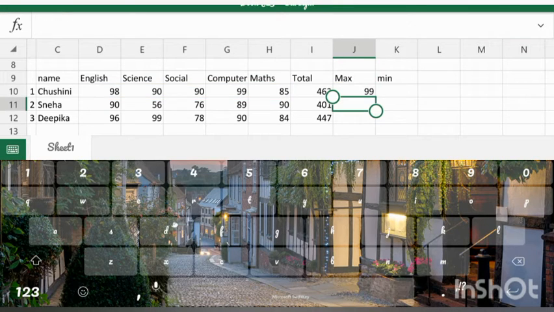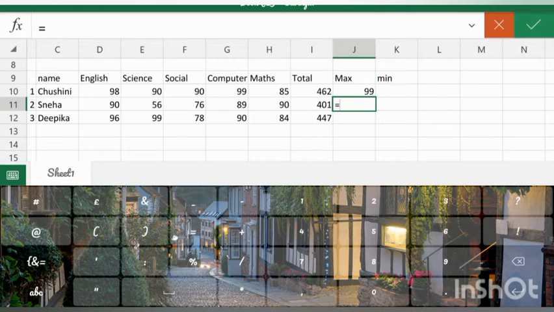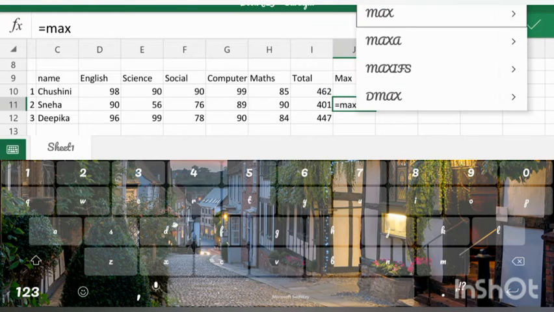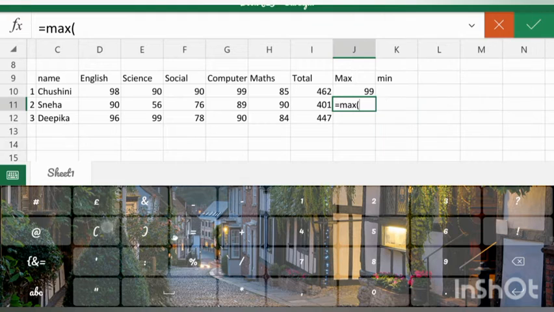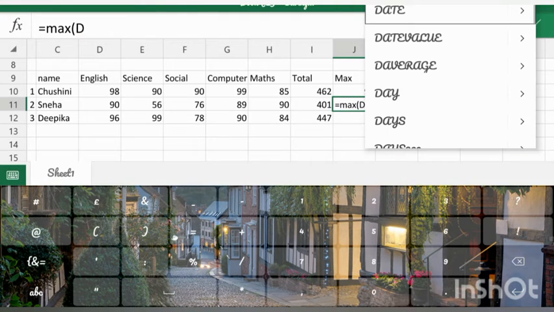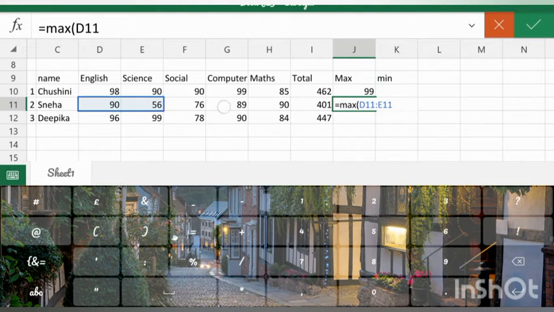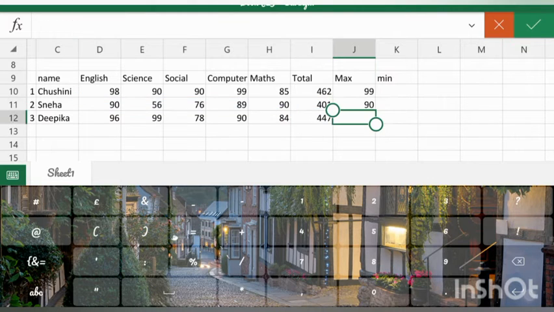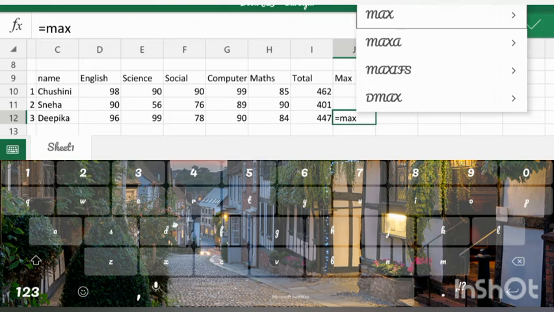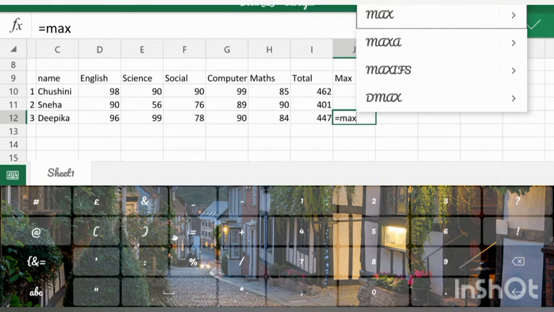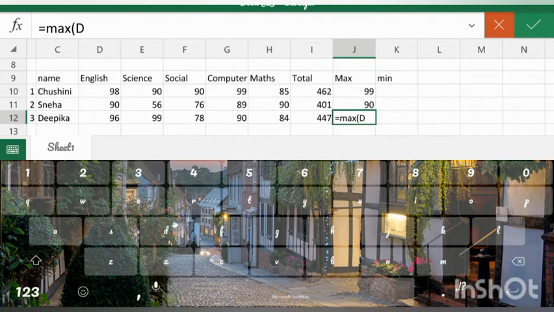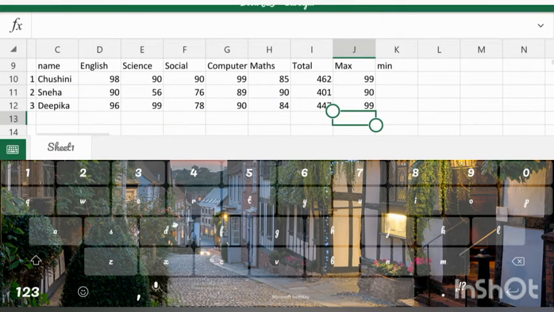Next I give equals to max bracket D11. Yeah, now it's fine. 90, and again equals to max, and the same bracket D12. I'll give OK. So now we are ready with the maximum.